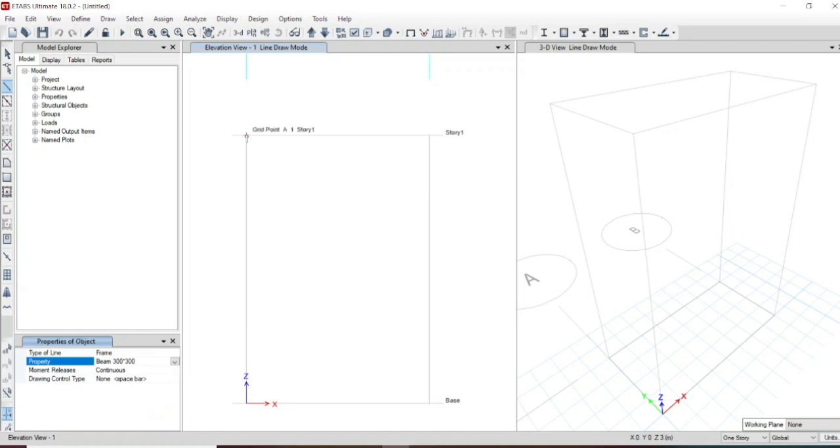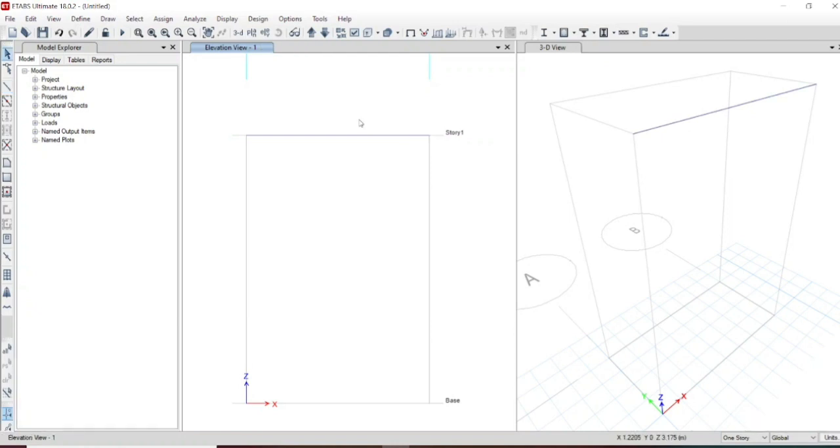And let us take a point, and the distance will be 2 meters. We are not interested in designing the concrete column, and we will be designing only the cantilever beam.